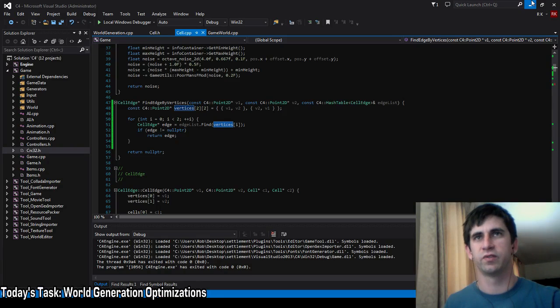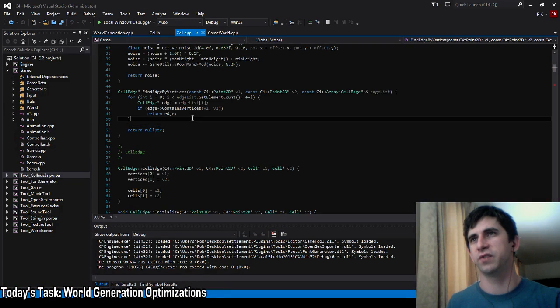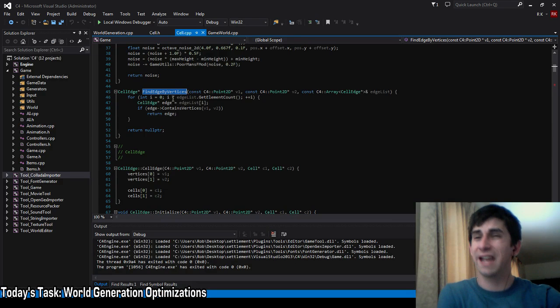Now revert. And what we're going to try instead of changing the data structure, we're just going to try being a little smarter about how we call some of these functions. For example, this find edge by vertices, we can